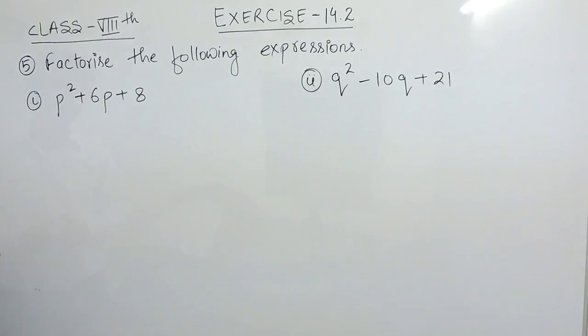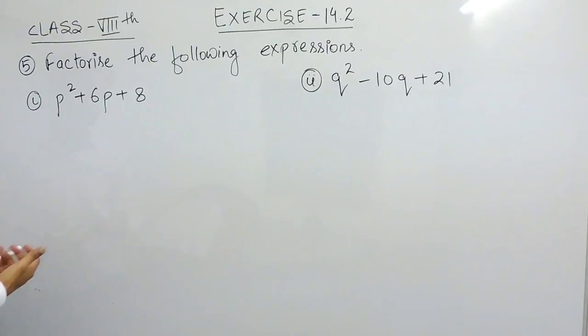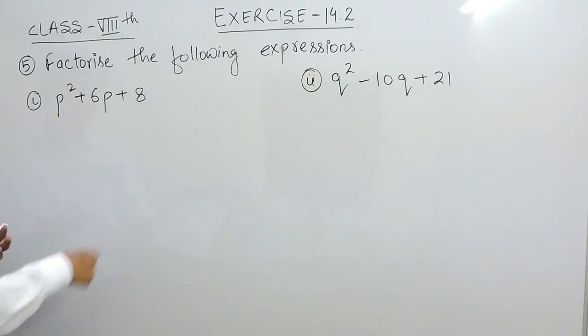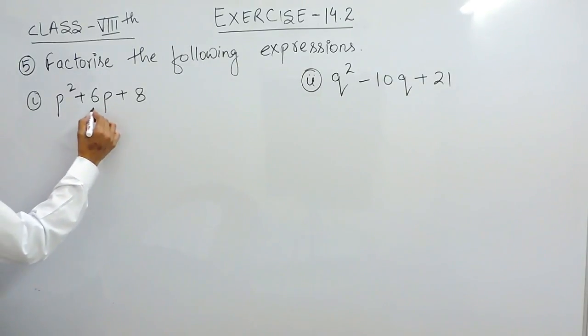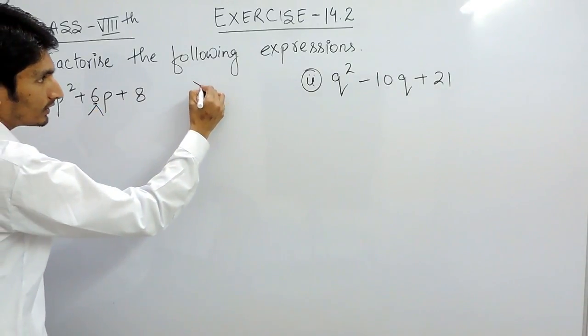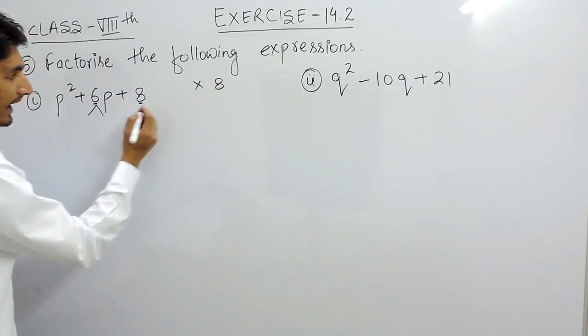To factorize, first of all you have to convert this into 4 terms. Here there are 3 terms, this plus this plus this. So first of all you have to convert these 3 terms into 4 terms. To do that, you have to split this middle term, 6, into 2 parts such that those 2 parts when multiplied will give you 8,